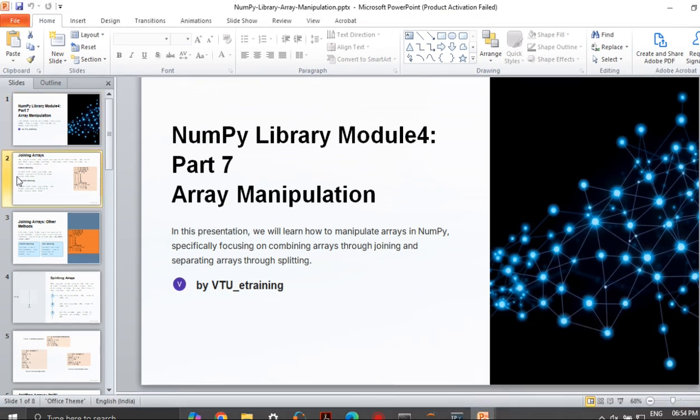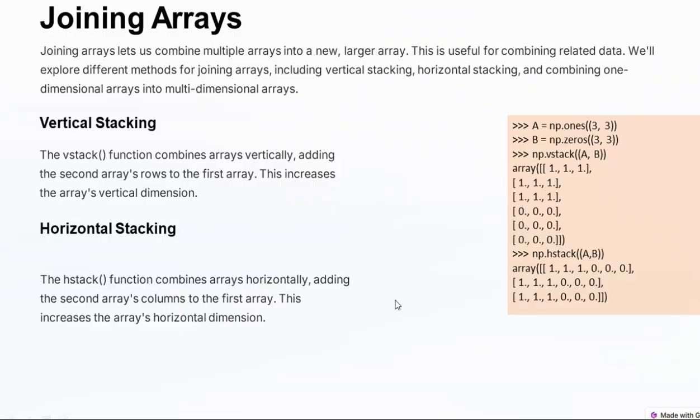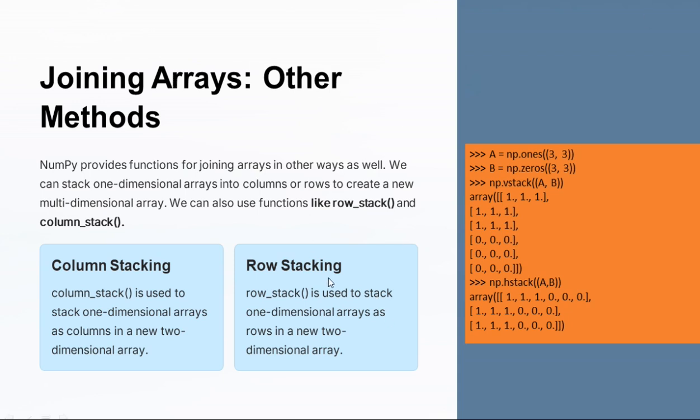Coming back to the joining of arrays, we have now seen how we can do horizontal stacking and vertical stacking. There are other methods of stacking also. NumPy provides functions for joining arrays in other ways. You can stack one-dimensional arrays into columns or rows to create a new multi-dimensional array. For that, NumPy provides functions called row_stack and column_stack. column_stack is used to stack one-dimensional arrays as columns into a new two-dimensional array. If you see this example here,